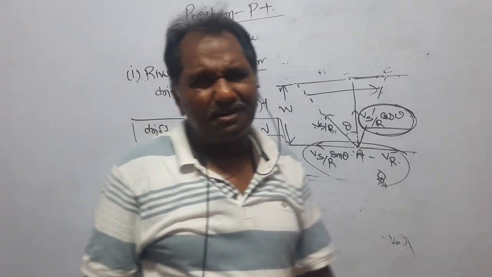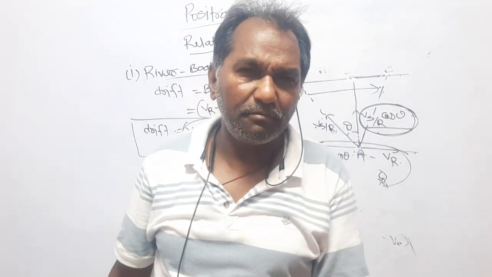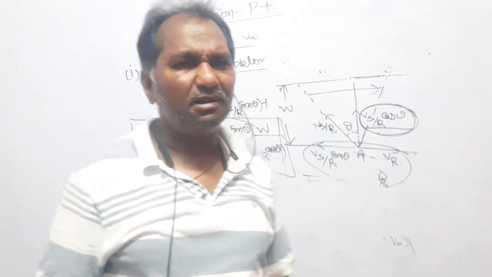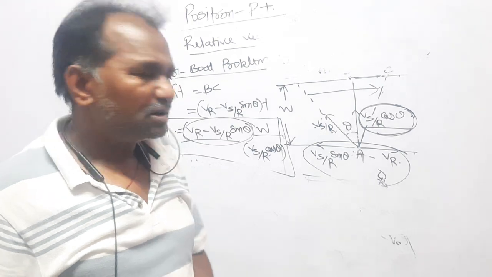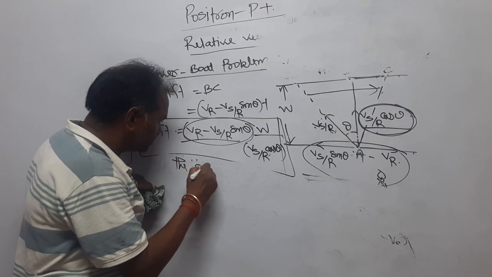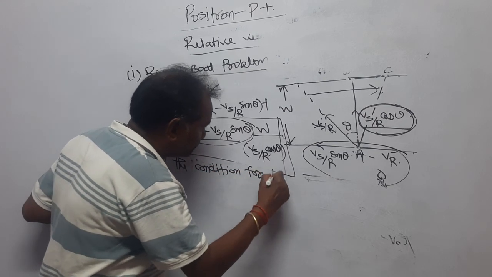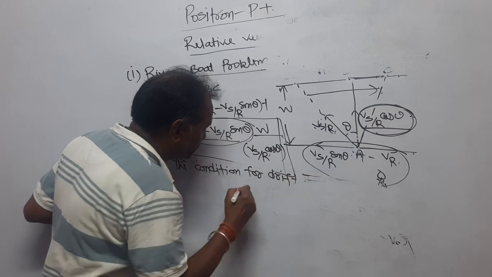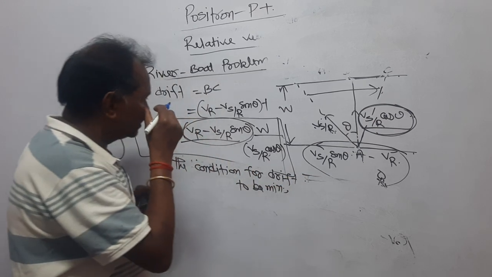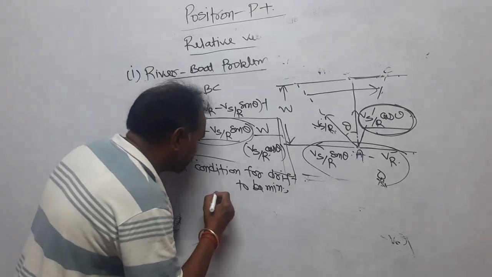Now the question is, when the drift is not zero, can you make it minimum? What is the condition to make the drift minimum? Dear student, let the drift be not zero. Now the condition for drift to be minimum. Actually it is a game of theta. Dear student, so what I am doing,